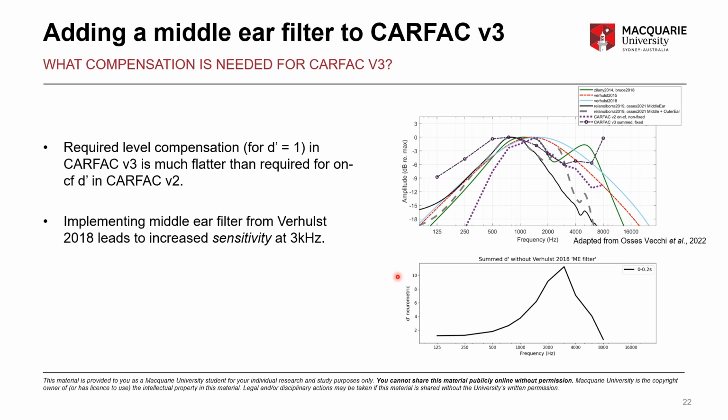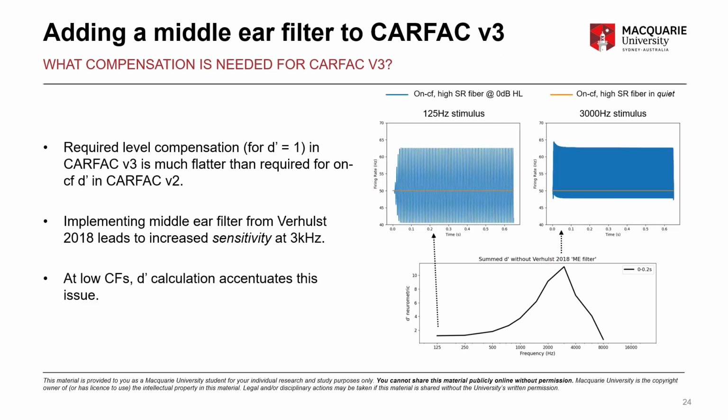As a result, we see that when we actually apply a pre-existing middle ear filter from Verhulst 2018 with a gain of 9 dB, allowing for a neurometric of 1 at the lowest and the highest audiometric frequencies, we actually find an increased sensitivity around 3 kHz. This increased sensitivity does not seem to be only associated with the interaction of the middle ear filter, its gain, and the CARFAC V3 sensitivity, but also seems to be associated with the D prime metric itself and the way